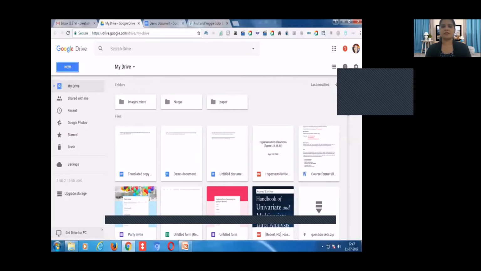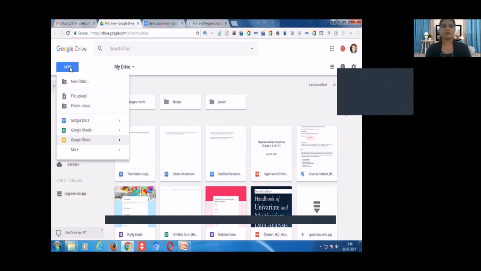So to start with, it is a Google application. So again, you have to log in to your Gmail account. Once you are logged in, click on these 9 dots, which is nothing but Google Apps. After clicking on these 9 dots, you have to click on the Drive option, and this is the home page or the interface of your Google Drive. This much task we have done many times, so you very well understand the steps on how to enter your Google Drive. Once you enter your Google Drive, just click on this New button.